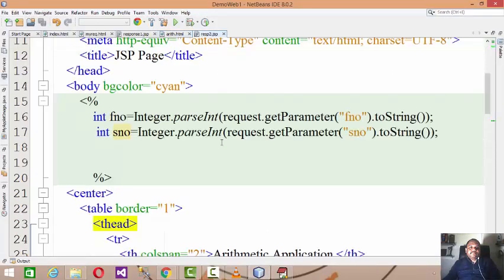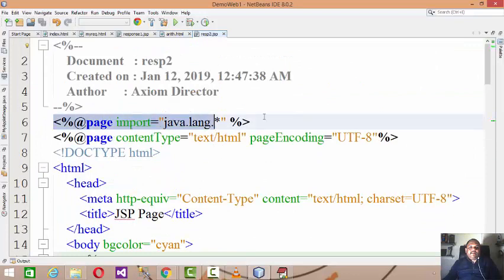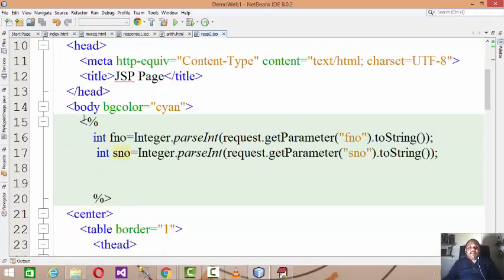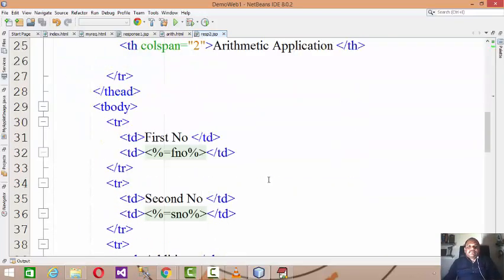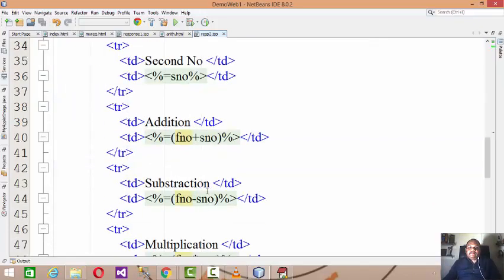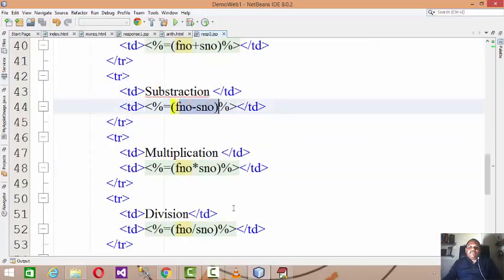It's server-side Java code, where you can add complete Java code, like how to import the package and how to add the Java code under the web page. So request.getParameter, request is a JSP object which gets the value from the user. If you want to parse it to an integer, you can parse like this. So JSP is a combination of Java code on the server side and HTML as well, right? So here the expression will fetch the values from the variables. At the same time, we can even build expressions as well.